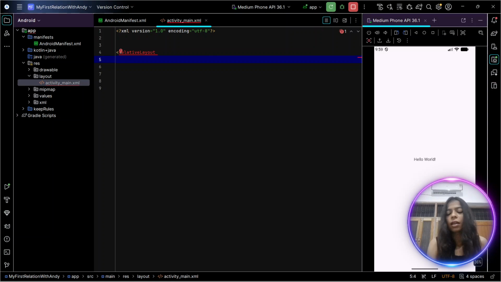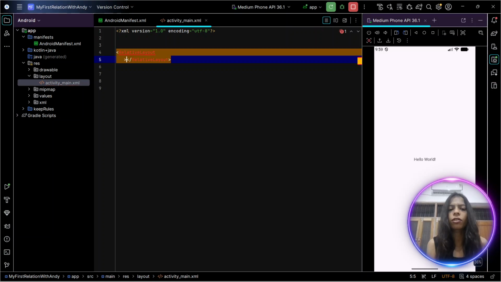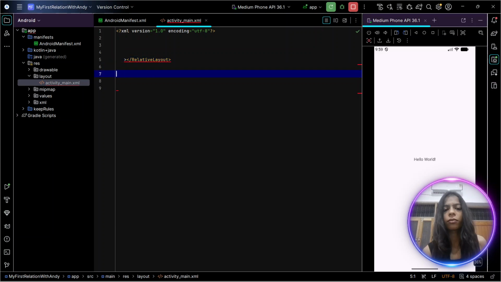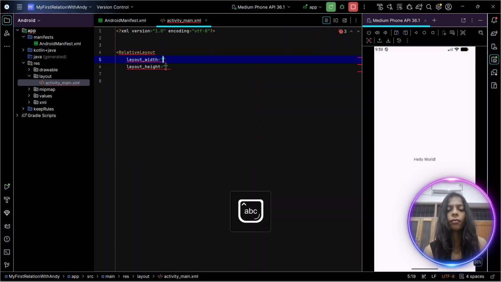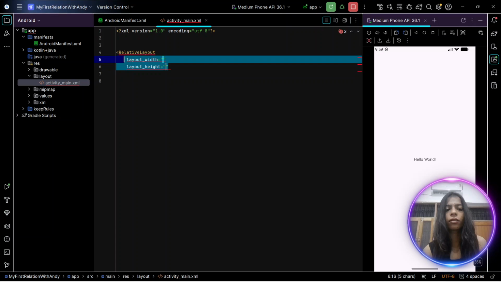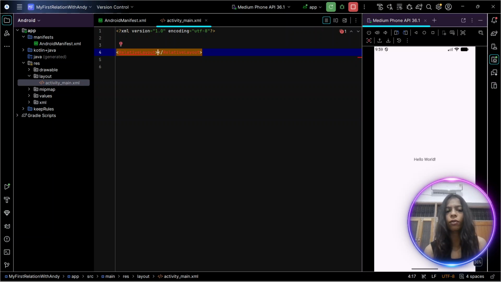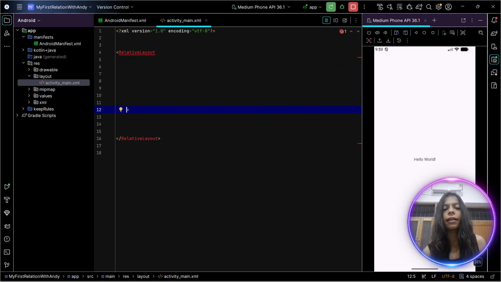What are you going to do? Just for your convenience, I'm going to close this tag. So now you know that this is the opening. Let's just have it once more. So remove it. Let's just close it. This is the close one. Okay. From here, you can do this. But the opening tag is something here. Okay. For relative layout,